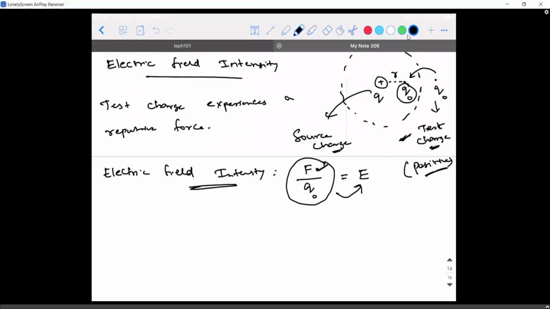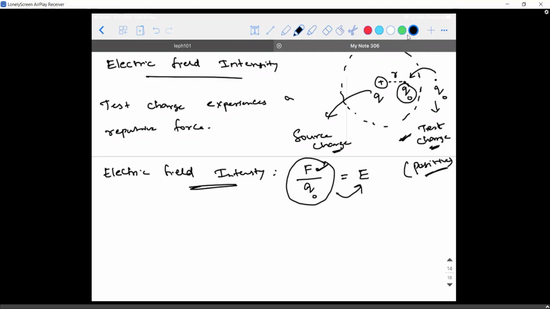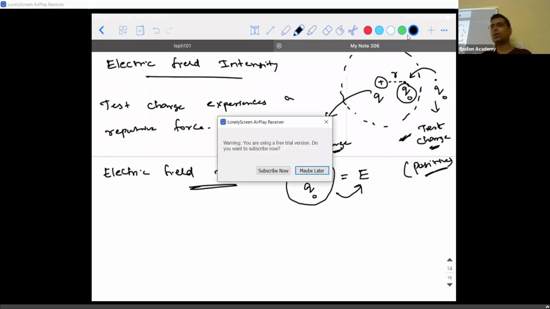I'll try to explain in terms of magnetism. I'm giving you a similarity. I'm using the word magnetism again and again because I assume you are familiar with it. In magnetism, what are the two poles present? North pole and south pole. In a magnet, the north pole is the same as the positive charge in electrostatics. So magnetism, north pole; electrostatics, positive charge. The south pole is similar to the negative charge. Have this point in your mind.